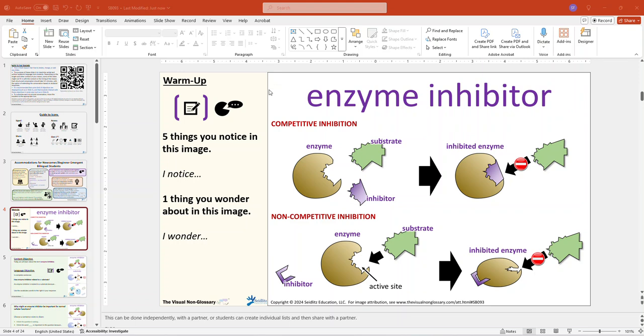Hi, I'm Stephen Fleenor, and I want to show you how to do the Uncover the Picture activity on Microsoft PowerPoint. There's a couple different ways to do it, but I'm going to show you the easiest way to do it. The easiest way to do it is to start with your warm-up slide that has the main visual